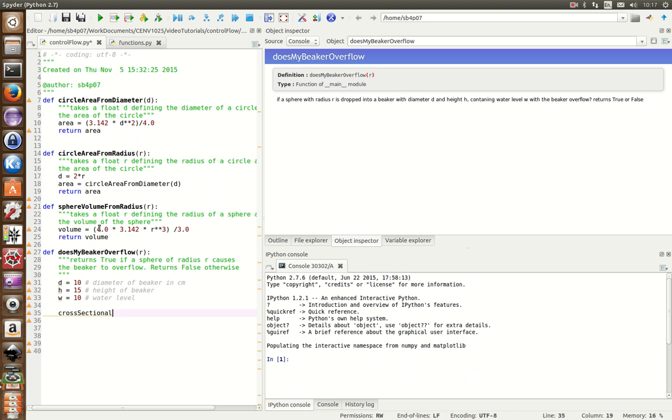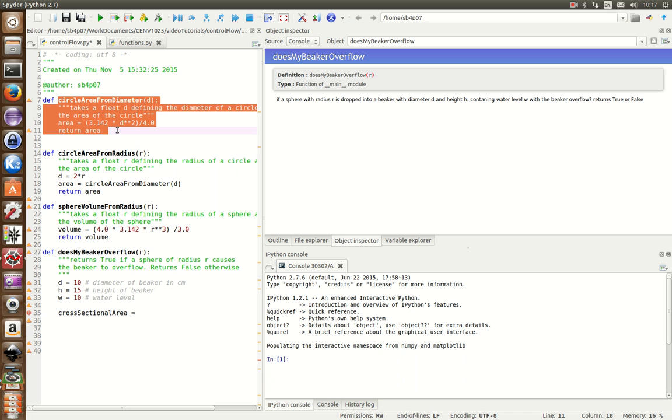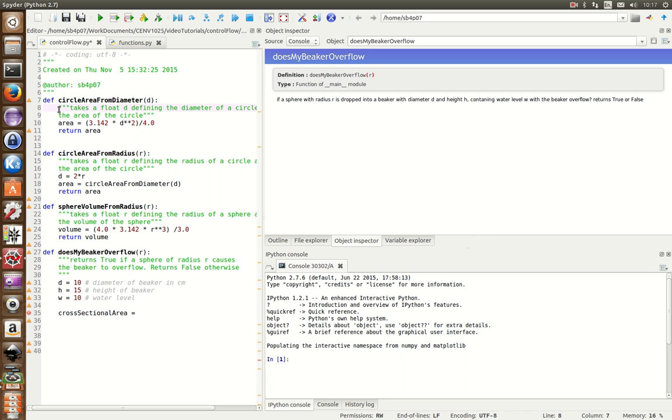Cross-sectional areas. I'm creating a variable called cross-sectional area, and I'm going to assign it the cross-sectional area of the beaker. We've already created a function in the last video tutorial that calculates the circle area from diameter, so I'm going to use that function here. Circle area from diameter d. That d is our diameter, so that's going to calculate the circle area, and the spare volume